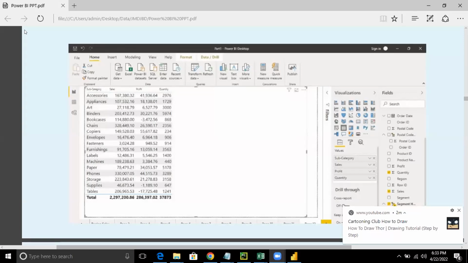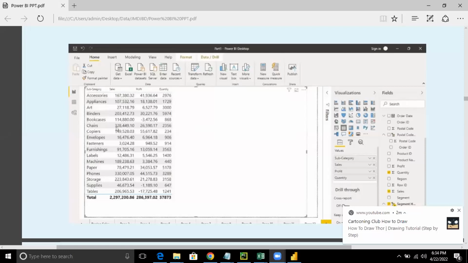Roshan, you want me to repeat the steps? Okay, I will repeat it. Can you share yesterday's and today's session? Tejaswini, the recordings are already given to you on the link which is shared. Okay. The content will be emailed to you. So what were the steps? I will repeat. Some of you wanted me to repeat.